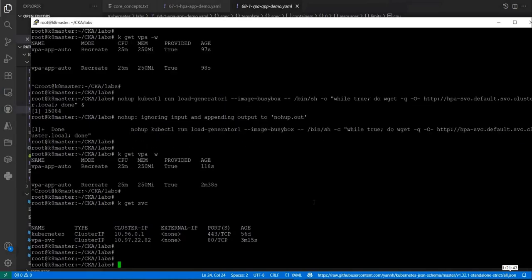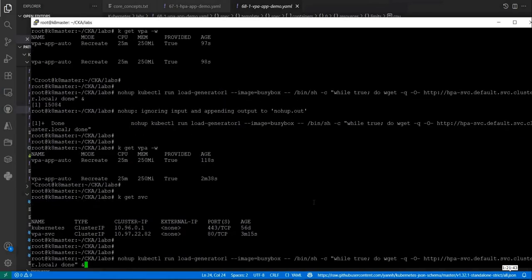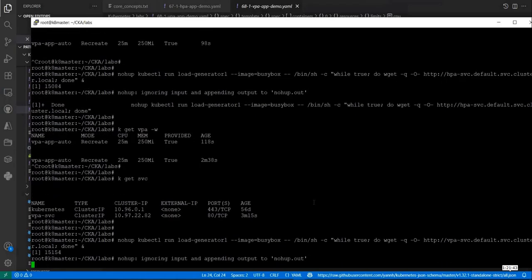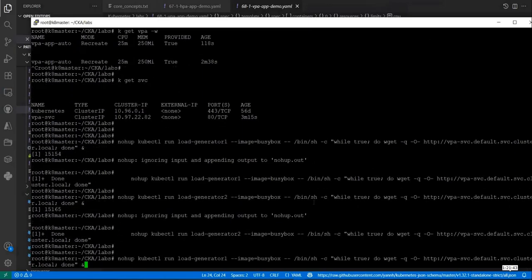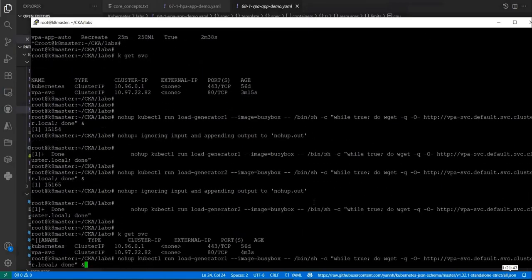We have already one pod running. Let me quickly change this to a VPA. I will update this in our notes so that we will not get confused doing this. And let's create one more. Now we are good,